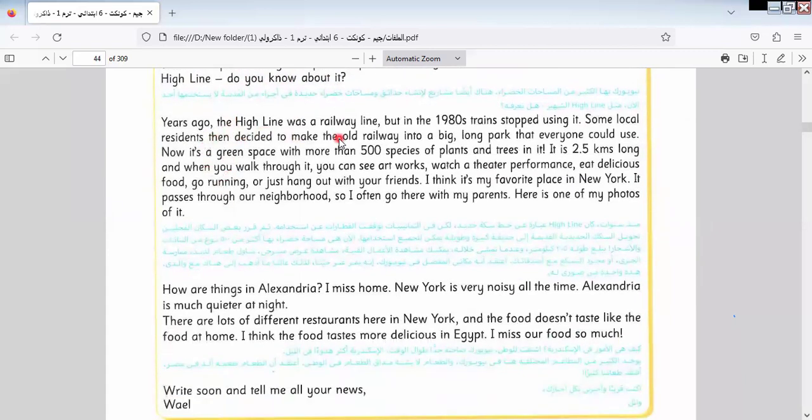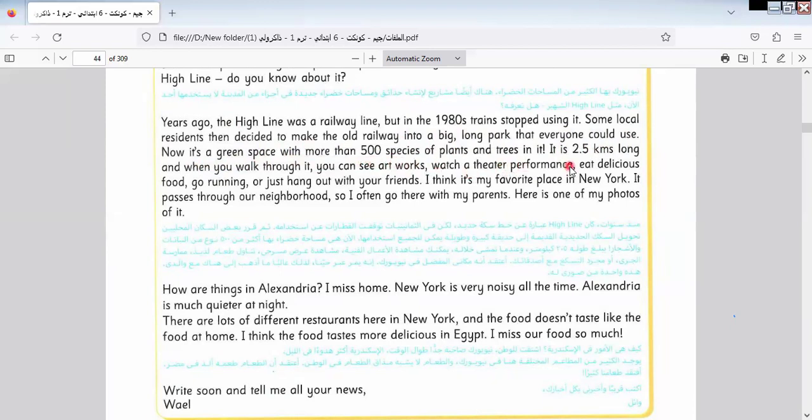Years ago, the High Line was a railway line, but in the 1980s, they stopped using it. Some local residents then decided to make the old railway into a big, long park that everyone could use. Now it's a green space with more than 500 species of plants and trees in it. It's 2.5 kilometers long. And when you walk through it, you can see artworks, watch a theater performance, eat delicious